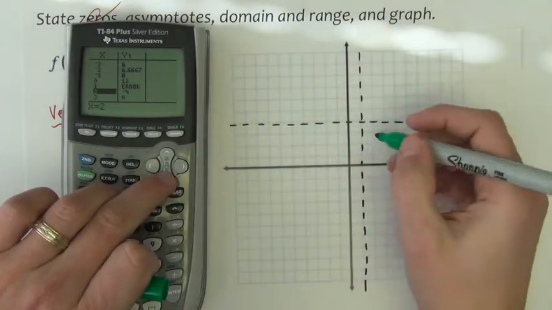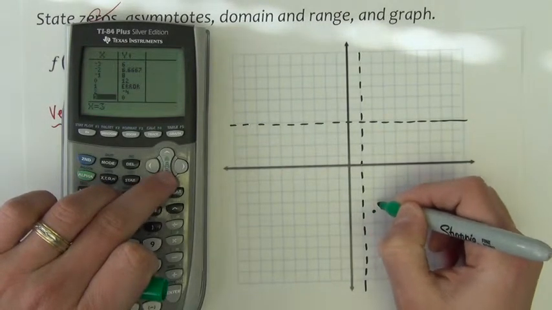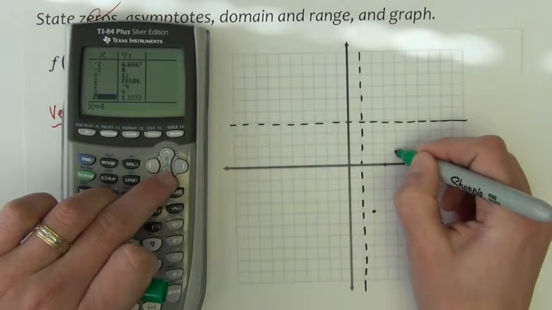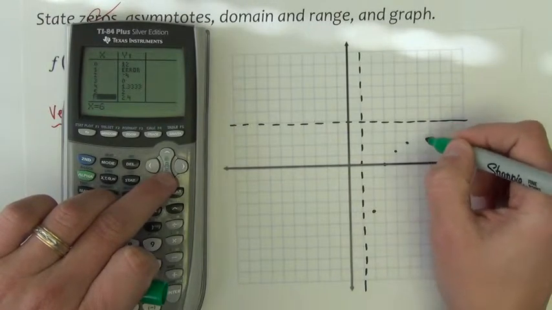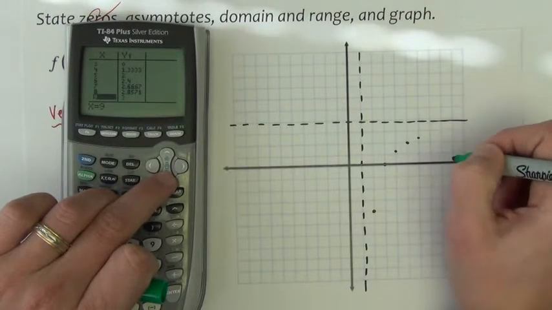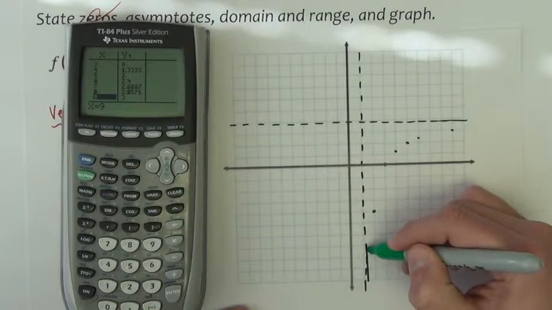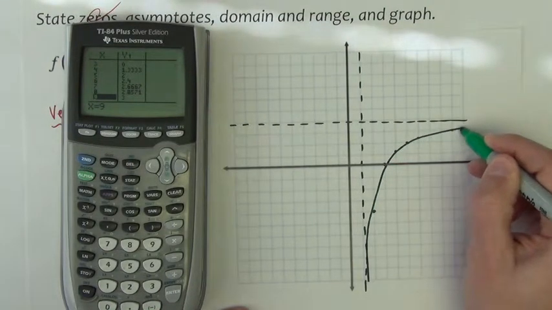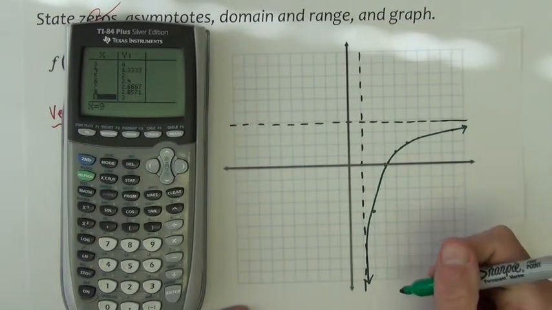So at 2 we're at negative 4. 3 we're at 0. 4 we're at 1 1/3. 5 we're at 2. 6 we're at 2.4. Let's skip out to 9 where we hit 3. And just right inside of these asymptotes,